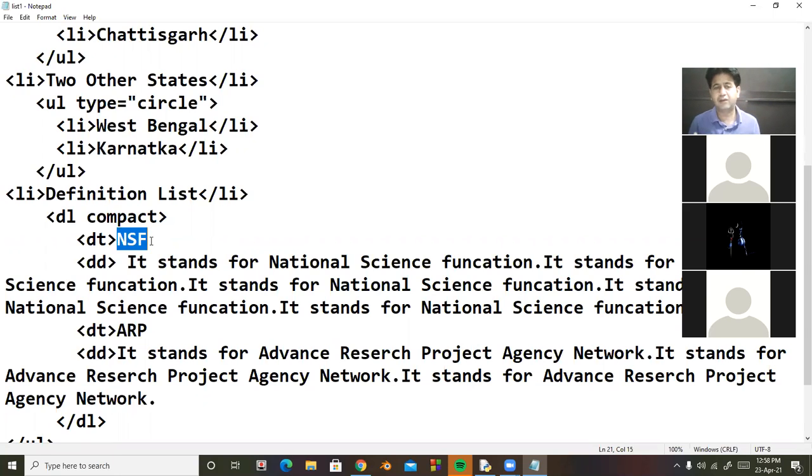Otherwise, the title comes on a separate line and the definition comes on a separate line. But with the help of compact, both are displayed on the same line, but this is applicable only if the title is very short. So I'm checking; I think this is a browser problem, but still I am checking this.